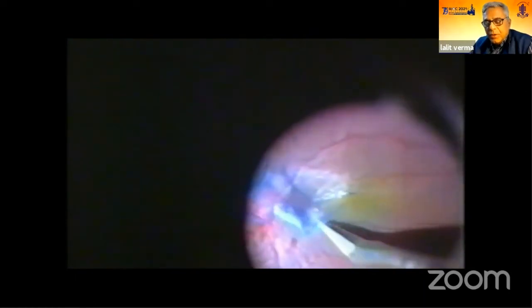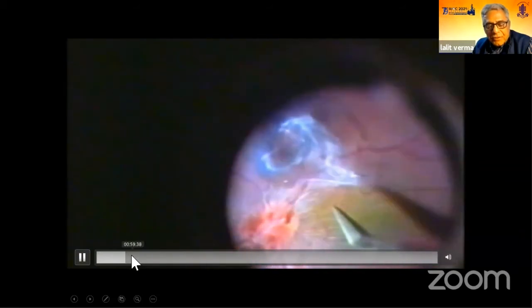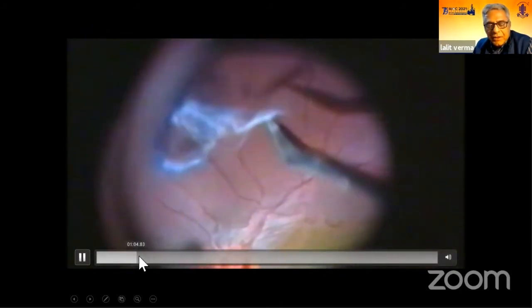gently. Your eye should always be on the retina once you are pulling with the help of a forceps, because you should not cause any iatrogenic break or bleeding, because some of them may be adherent or may not come out so easily. So in this patient, it was not much adherent and the underlying macula was pretty healthy. So it came out pretty easily.